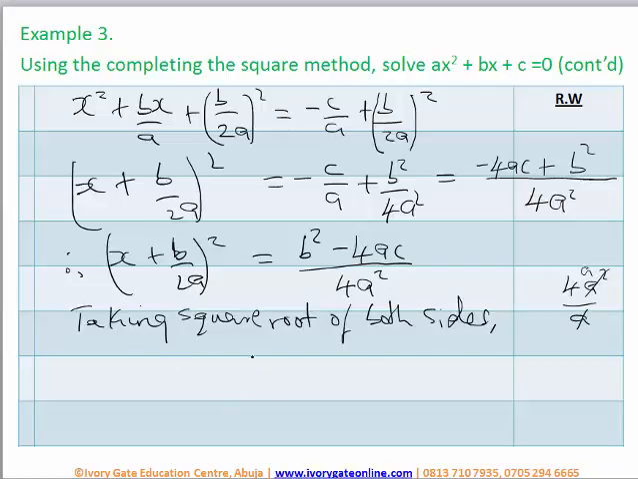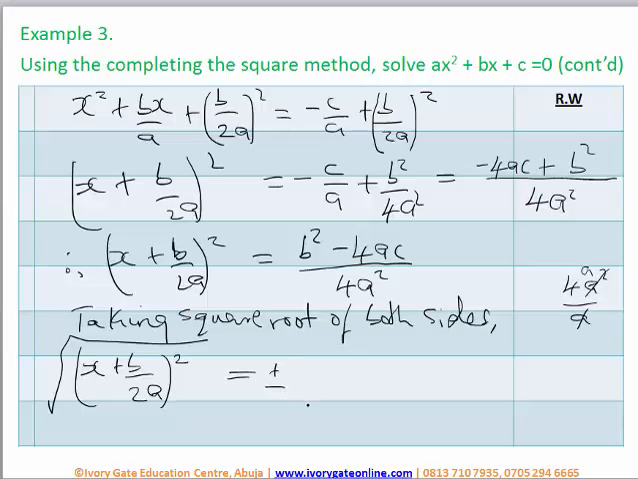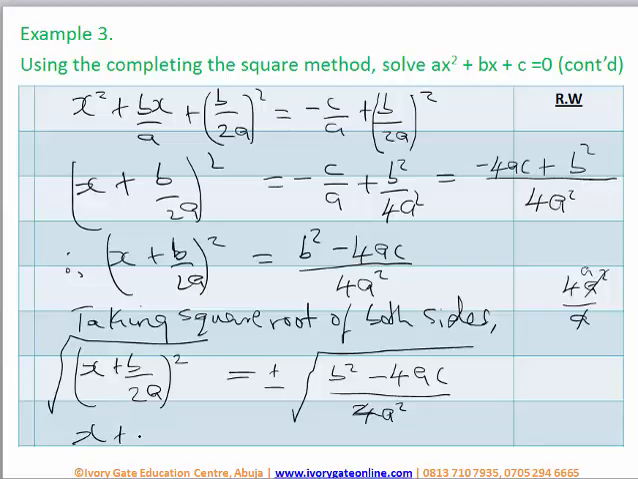Taking square root of both sides, we now have x plus b over 2a all raised to power 2. By the time we take its square root, is equal to, because we are taking square root here, we say plus or minus square root of b squared minus 4ac all over 4a squared rather. Okay, having got this, the next thing to do is to get rid of this, because square root of this gets rid of this. So this gives us that we now have x plus b over 2a is equal to plus or minus,